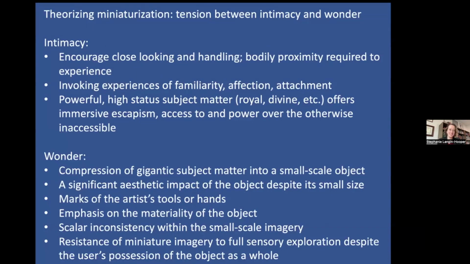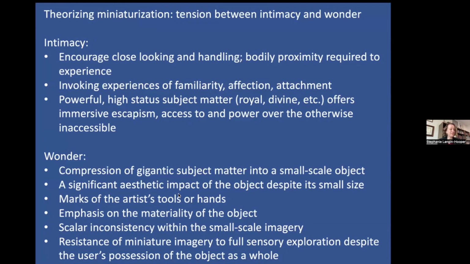Now, I know there's a lot of text on this slide. Feel free to screenshot it if you want to, but I thought this was a useful comparison of how we can theorize miniaturization, or how I theorize miniaturization, as a tension between intimacy and wonder. So intimacy, we've already gone through earlier in this talk: how miniatures encourage close looking and handling. Their small details mean you have to have close bodily proximity to experience them in many cases. They can invoke experiences of familiarity, affection, and attachment. And when they have powerful high status subject matter, they offer an immersive escapism, access to and power over the